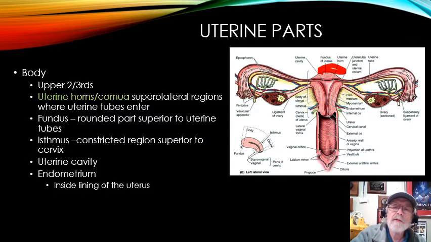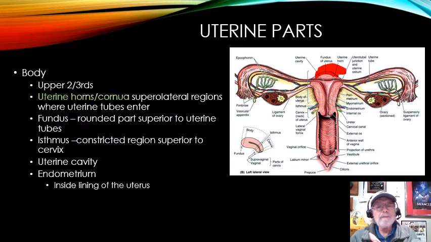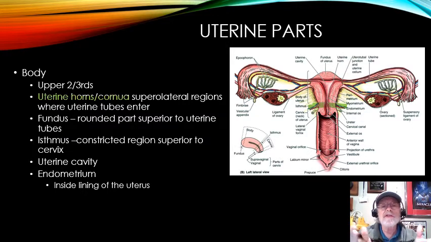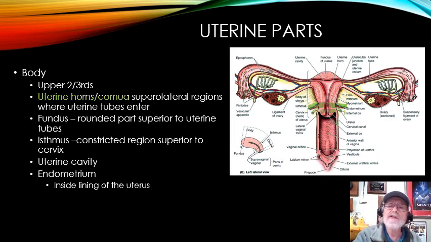The next portion of the uterus I want to show you is the fundus. Like I mentioned, this area right up in here is the fundus. It's a rounded area on the uppermost portion of the uterus, right above where the uterine tubes, or fallopian tubes, come into the uterine cavity, which is inside there. The isthmus is this area down in here where the uterus starts to get narrowed. It's just a little bit above the cervix, because down here would be the cervix.